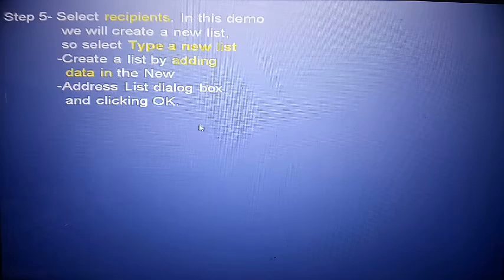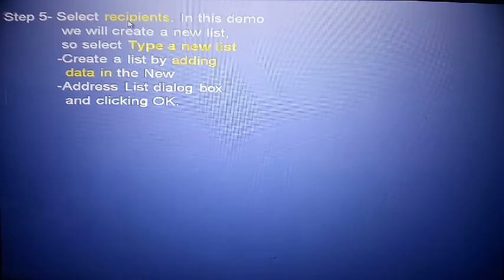Okay. Next point here, select the recipients. It means where you want to send the letter. Okay, in this demo we will create a new list. Type the new list and create a list, adding data like address, whatever.